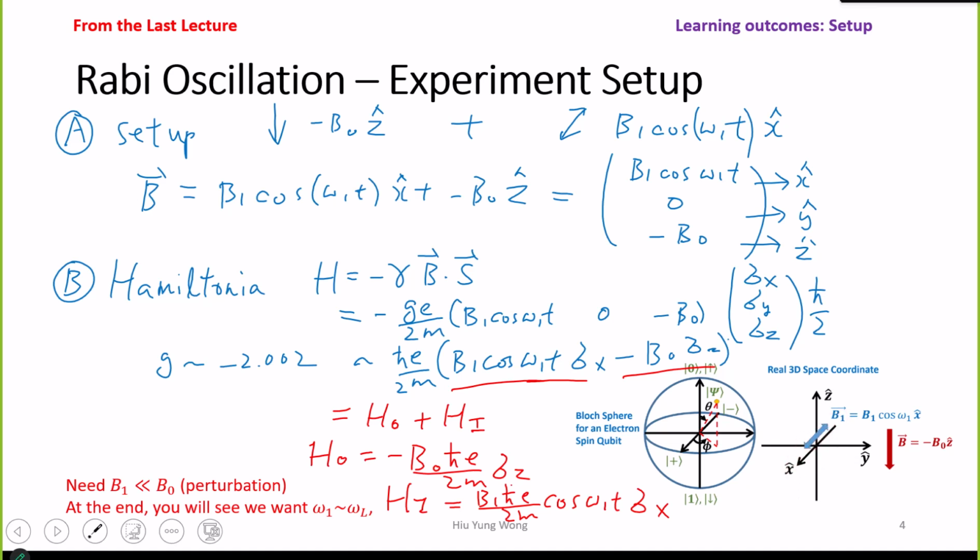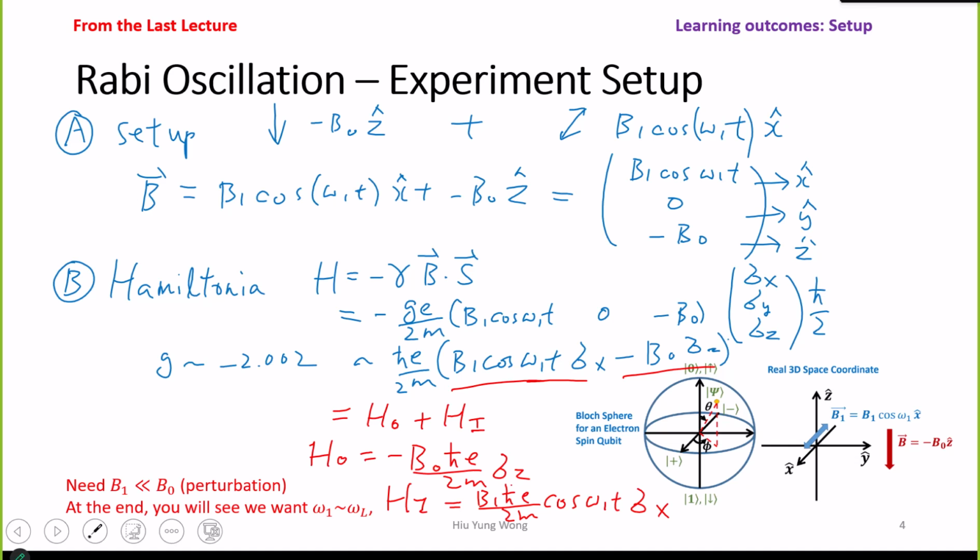Then the first thing we need to set up is to understand what is the total magnetic field. It is easy, of course: the X component times X hat plus the Z component times Z hat. What's the value in the Y direction in this case? 0, right? And that's why I can write it as a vector. This is a real 3D vector: this is the X component, B1 cosine omega t, this is the Z component, and the Y component is 0. This is a regular magnetic field that you have learned in electromagnetism in other classes, okay? But what we really